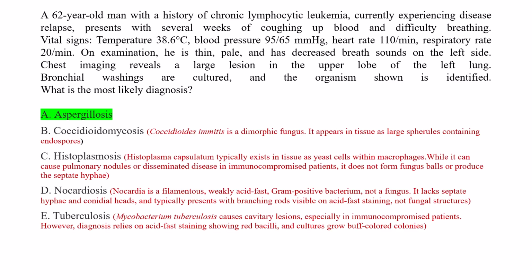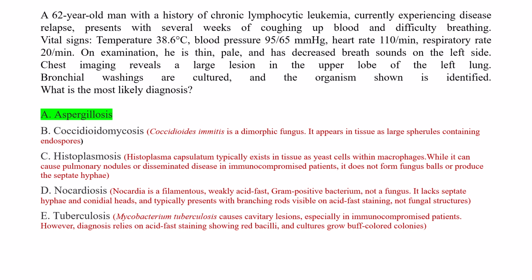Let's have a look at why the other options are incorrect. Option B is incorrect because Coccidioides immitis is a dimorphic fungus and it appears in tissues as large spherules containing endospores and not septate hyphae. This patient's lung mass and culture showing acute angle branching septate hyphae with conidial heads are not consistent with Coccidioides. And option C is incorrect because Histoplasma capsulatum typically exists in tissue as yeast cells within macrophages and not